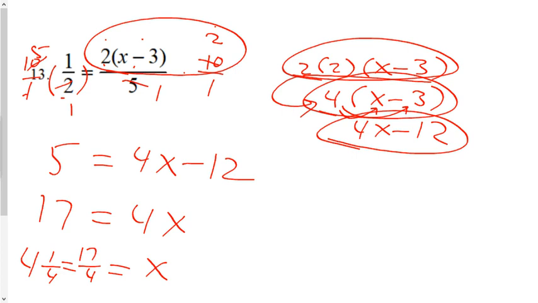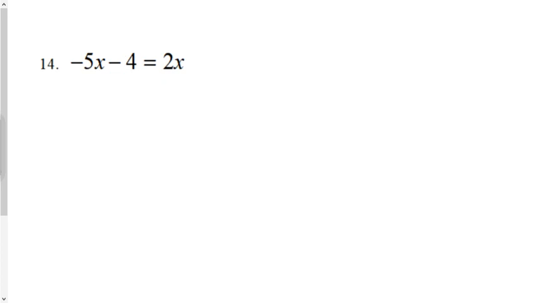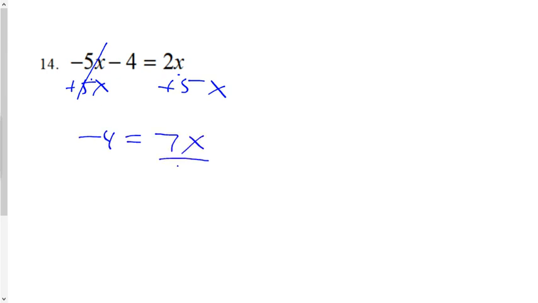Actually, let's try one. Question 14, so simple, I don't even know why I asked. This is a grade 8. Oh, no, it's variables on both sides. You could do either way. The secret, Morgan, was when you have variables on both sides, get rid of it on the side you have the least, which means I'm going to get rid of the negative 5x by adding 5x. Zero pair. And once you have that, divide both sides by 7. X equals negative 4 over 7, which is equal to approximately,